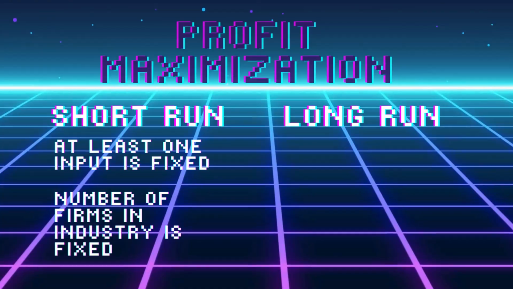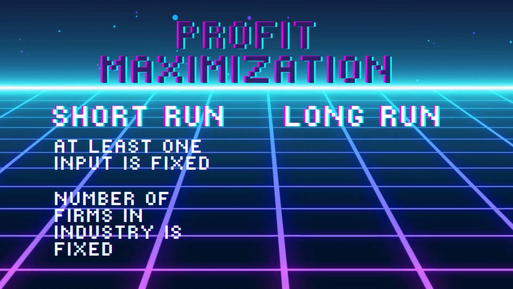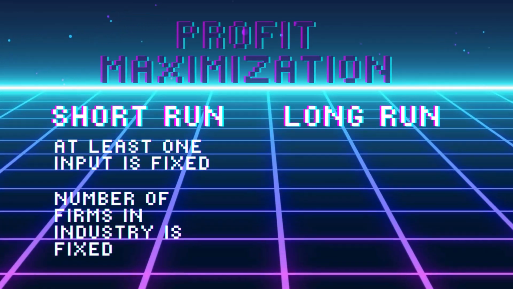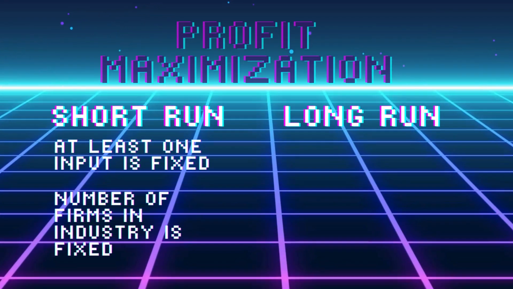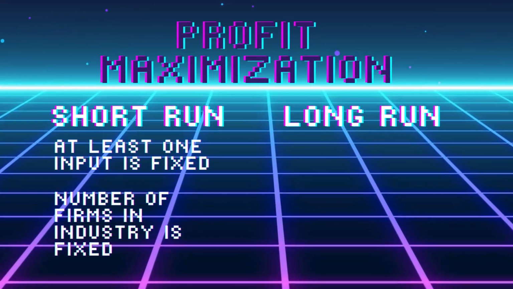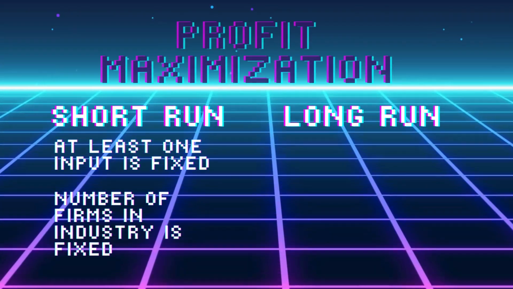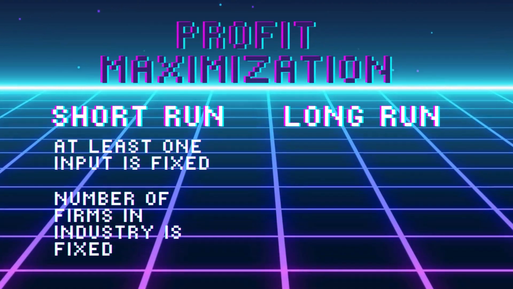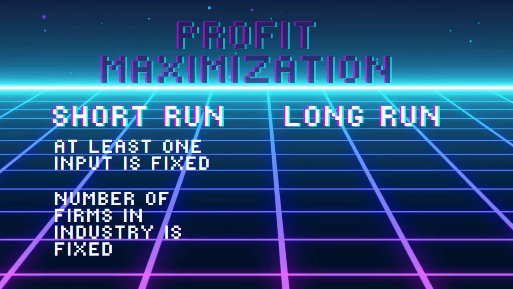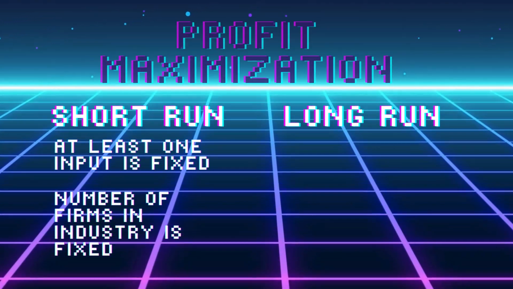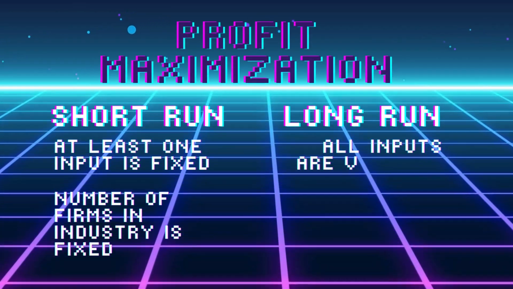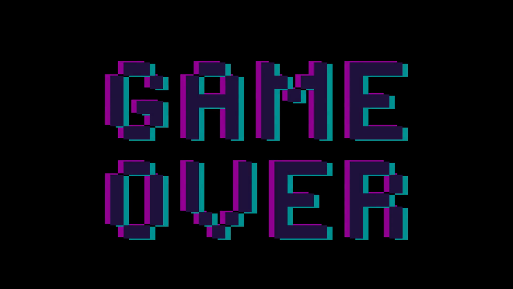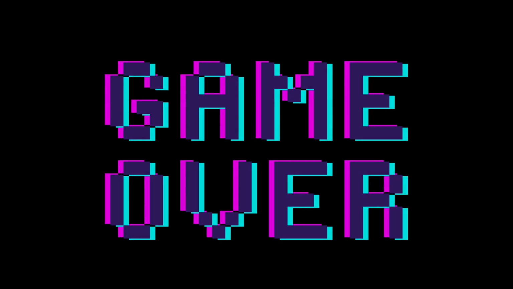The land for your mango farm is leased, and you pay a monthly rent. This is a fixed cost. Even if you don't produce any mangoes, you will continue to have to pay it until your lease expires or you come to some agreement with the landowner. In other words, the land is a fixed input and will remain a fixed input until the lease expires, and then it becomes variable once again. And it is only after you make all your inputs variable that you can exit the market. Before that time, you will still have fixed costs to pay, which would result in a loss if you stop producing.